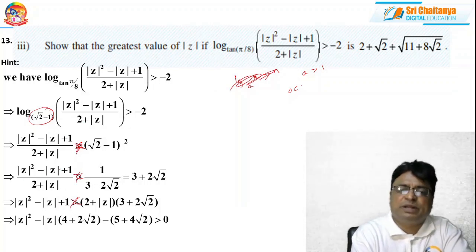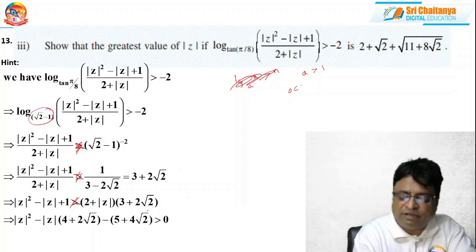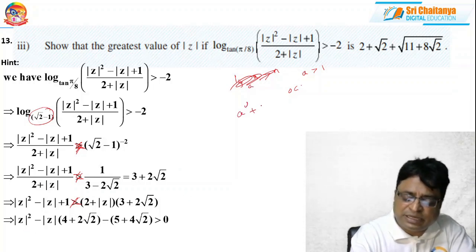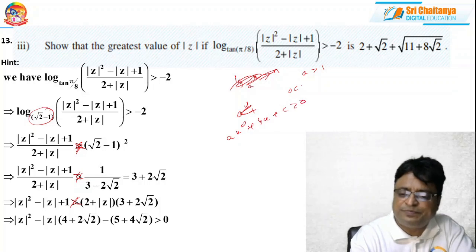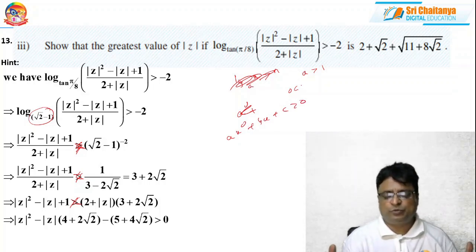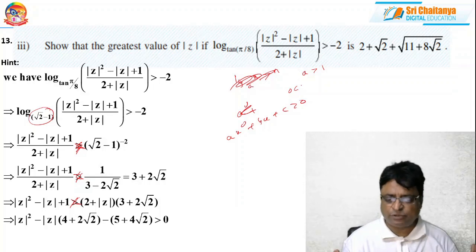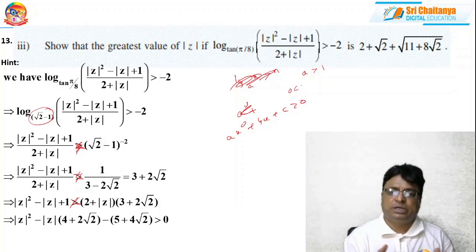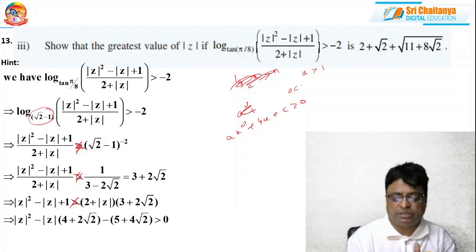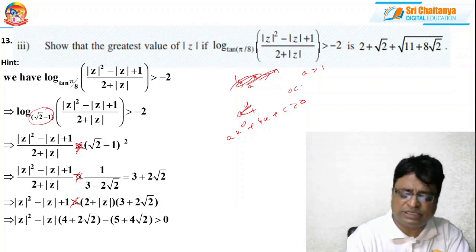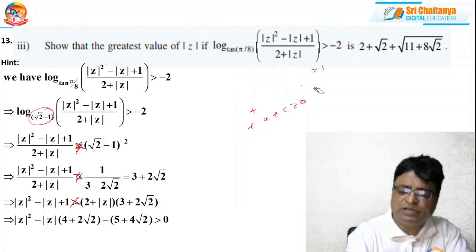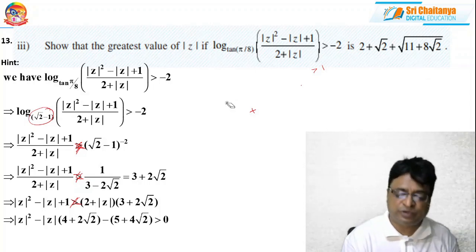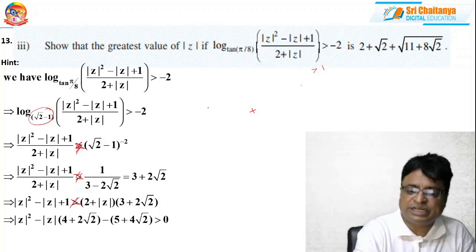So by cross multiplying this, you will get a quadratic inequality. What is x square plus ax square plus bx plus c greater than 0? You can get two values for a. Or you can do that. The maximum value is 4ac minus b square by 4a. You apply that. So the greatest value is 4ac minus b square by 4a.